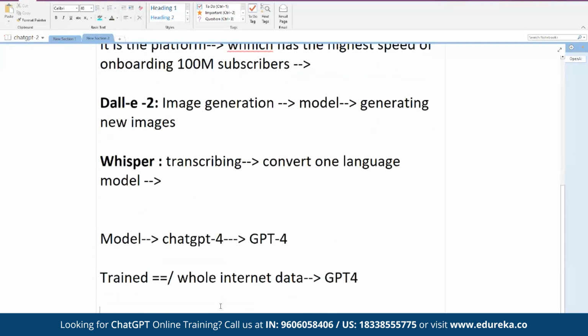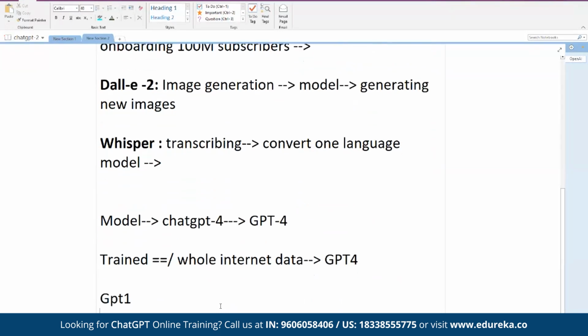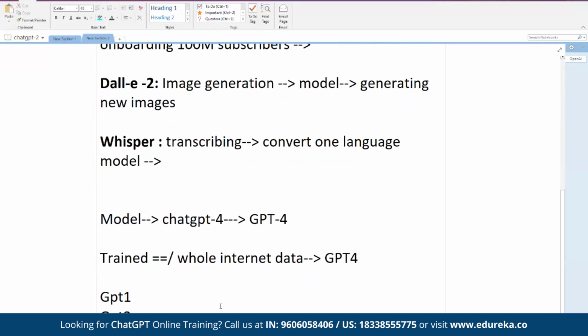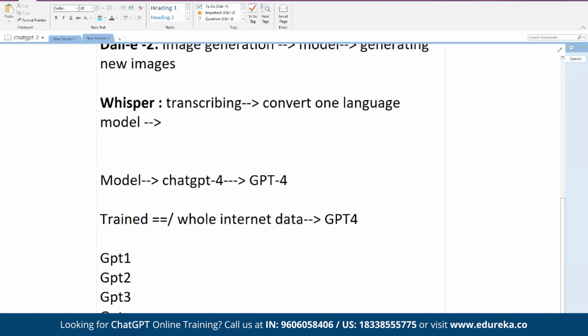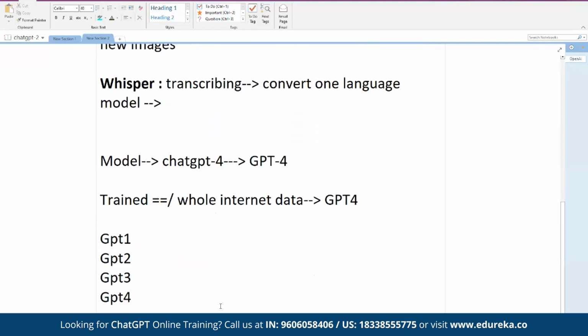So you may ask, when was what released? Basically there were GPT 1, GPT 2, GPT 3, and GPT 4, right? So GPT 4 was released around March 2023. GPT 3 was released around November 2022, right?